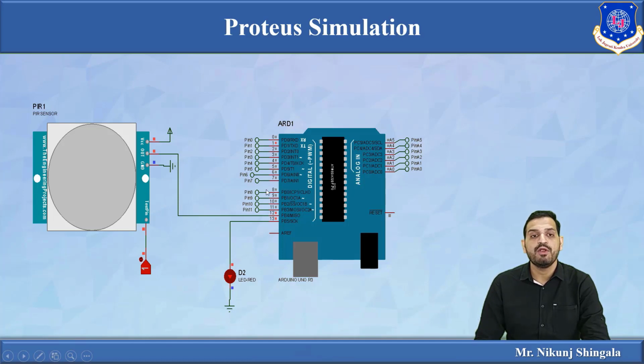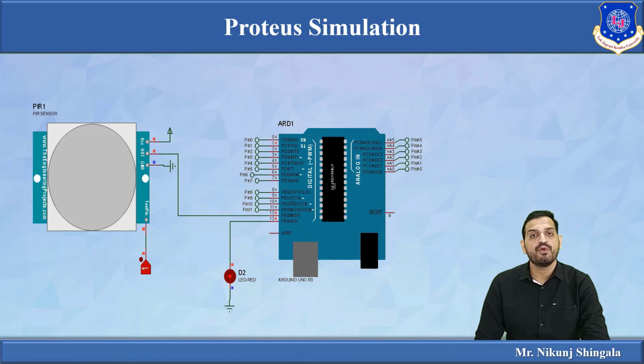And you can see the connection. One Arduino board is there. This is a toggle pin. You can see a digital toggle, which is connected to the test pin. VCC is connected to plus 5, ground is connected with the ground, and output is connected with pin number 12 of the Arduino board. With pin number 13, the LED is connected.